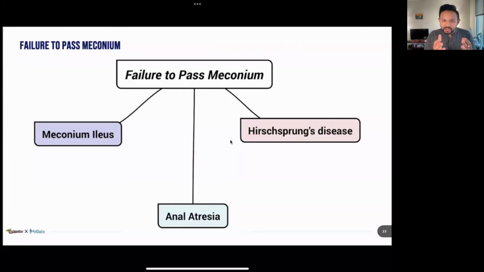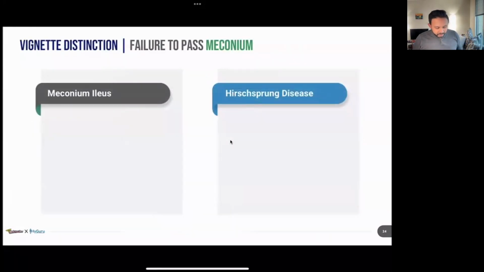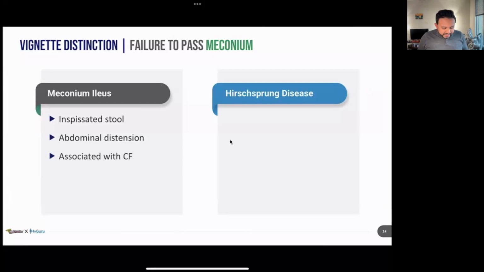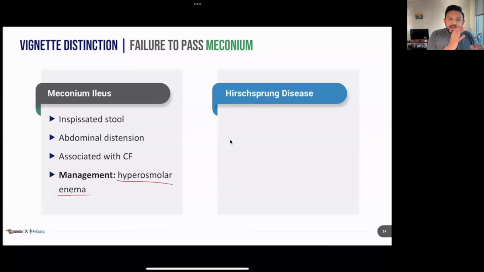We want to integrate both step 1 and step 2 together because they build off of each other. Let's do a quick compare and contrast. Meconium ileus, you're going to have mucoid-like stool, abdominal distension associated with cystic fibrosis. And remember, the management is going to be a gastrografin enema, because right at that terminal ileal junction where there is that inspissated stool, that hyperosmolar therapy is going to loosen it up, and then the baby is going